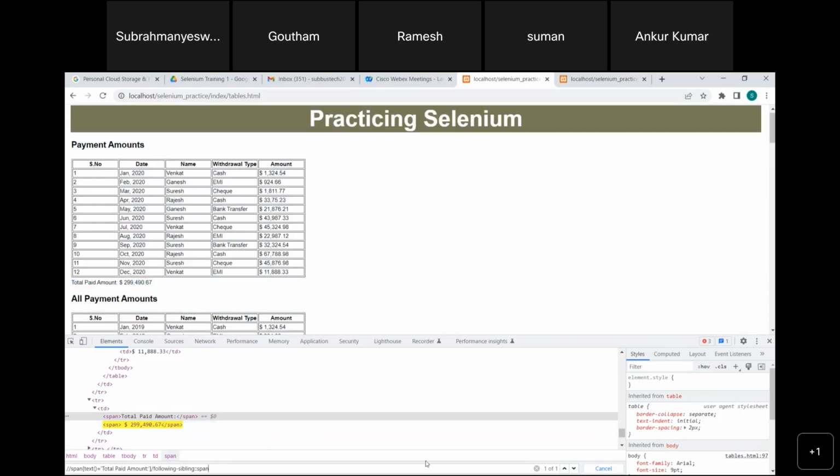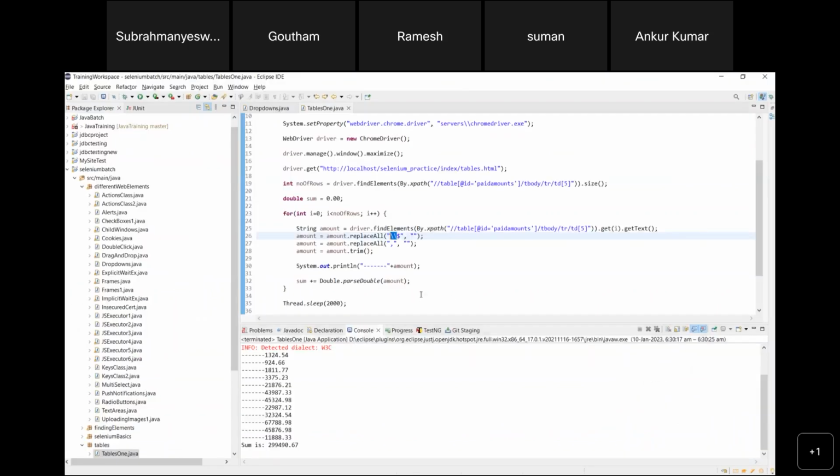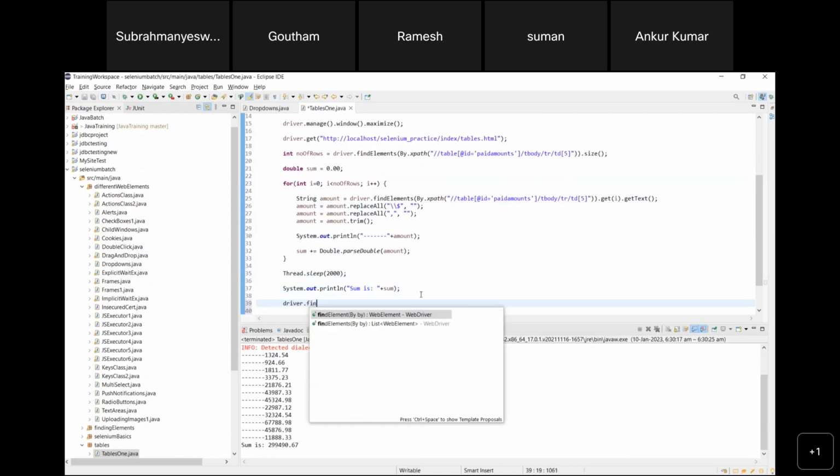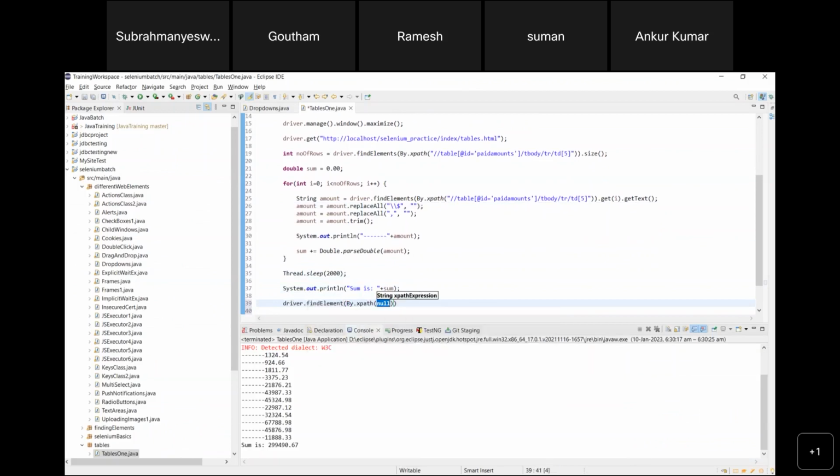If you see, this is only one of one. Okay, this is how we can write XPaths. Now let me get this one here. I'll say driver.findElement(By.xpath), this is my XPath, and then getText. I'll store this one as a, sorry, double, or like, I'll say